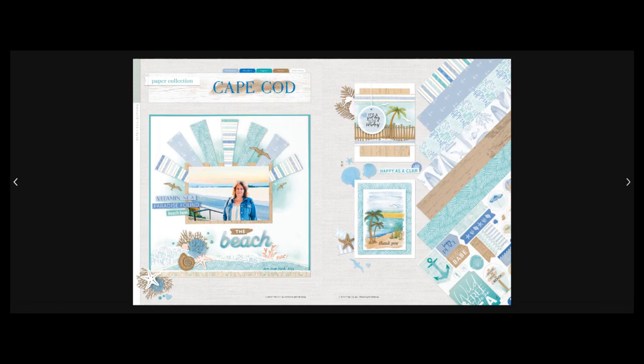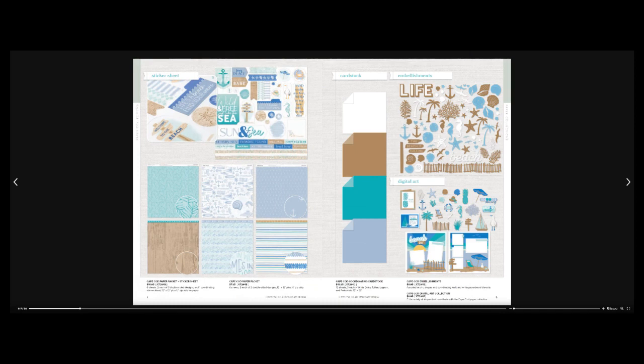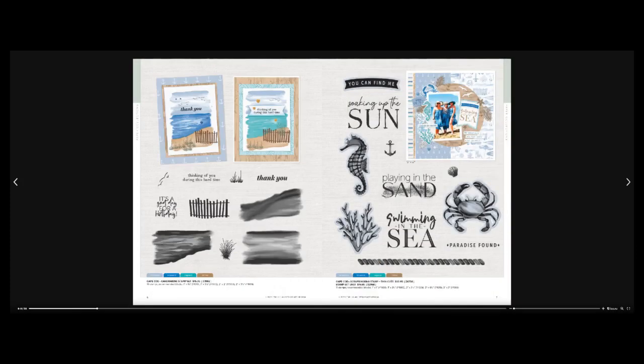This is our first paper pack, Cape Cod. And again, it has the seagulls, the anchors, definitely a beach themed paper with those sand tones and the toffee. It has both lagoon and bluebird as colors in it, and then the wisteria. Here are the papers themselves that you can see, and then the digital files have a beautiful sailboat, the seagull, the sea fencing, just all the things that you need to create layouts for all of your